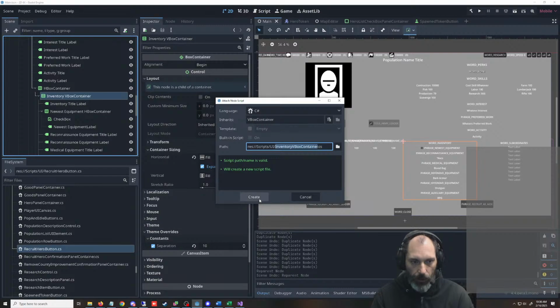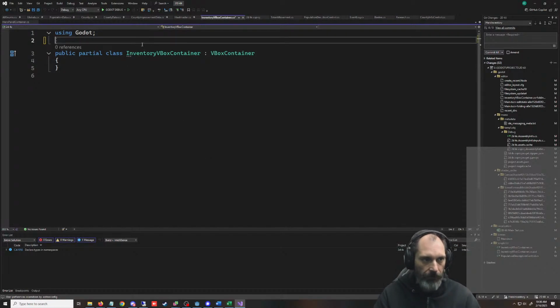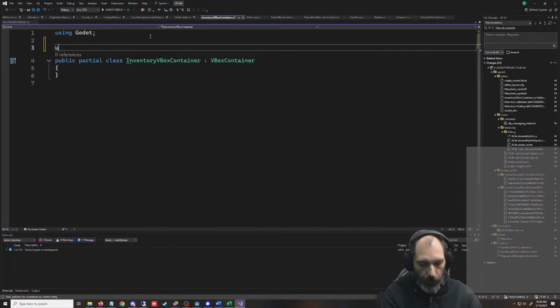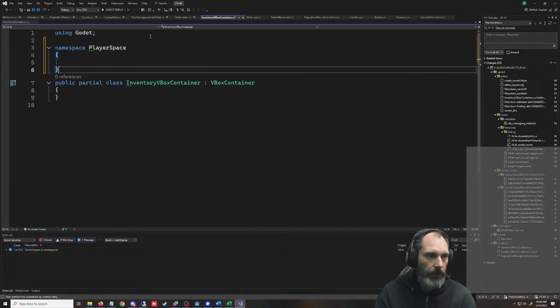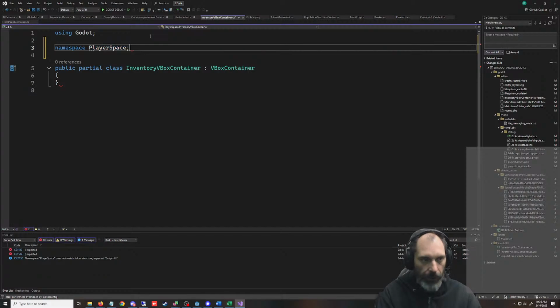I think that's what we want. C#. All right, so what do we got here? We got to put in using, namespace, player space. Why did I do that? We don't need to do it that way anymore. We go like this.